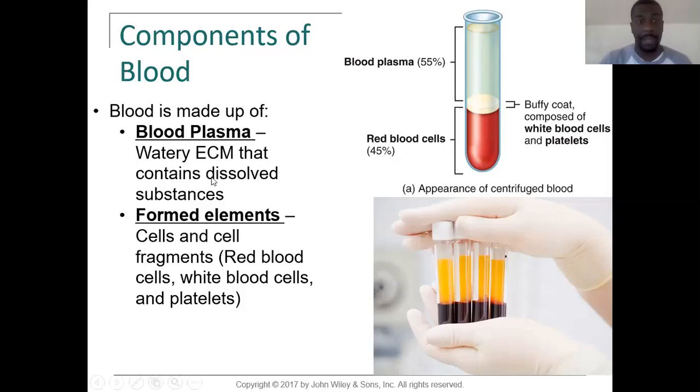Okay, so that's the blood plasma. The second component are the formed elements. The formed elements are the cell fragments and cells. Those will be our red blood cells, our white blood cells, and our platelets. And that's going to make up the bottom layer of